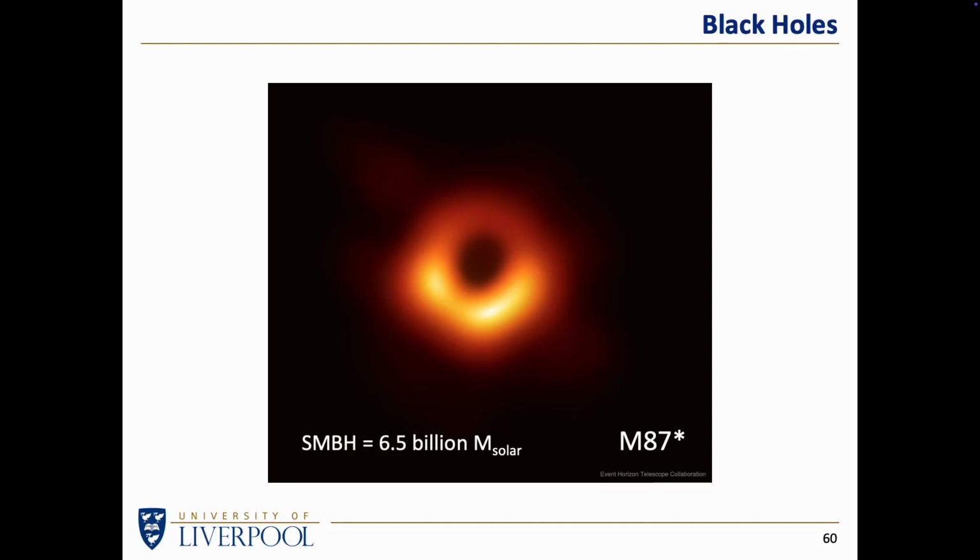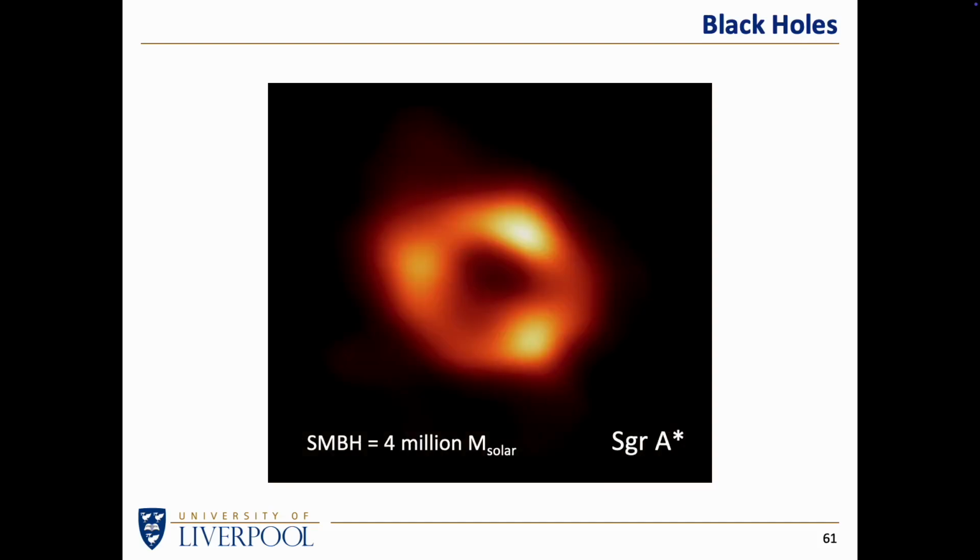This is a rather large supermassive black hole, SMBH. This is 6.5 billion solar masses. We use solar masses as a unit simply because tons or kilograms would be a bit silly, so we just use multiples of our sun's mass, and this one is 6.5 billion solar masses. There's also a supermassive black hole at the center of the Milky Way galaxy. That's a little bit smaller, 4 million solar masses, still huge compared to the result of a single star collapsing,